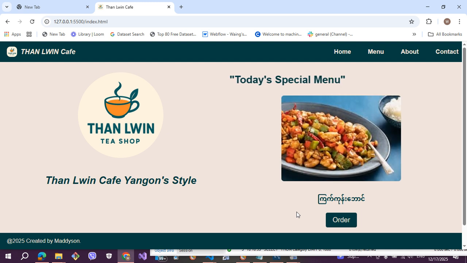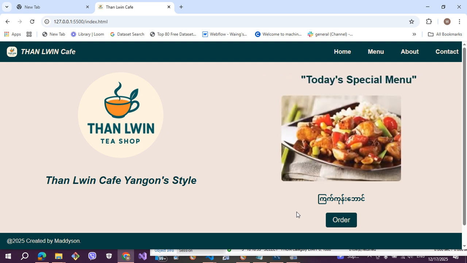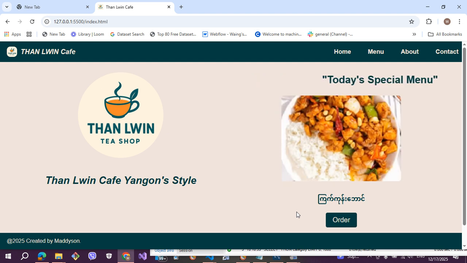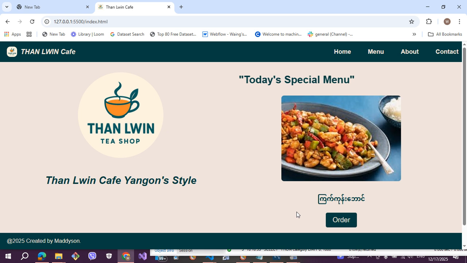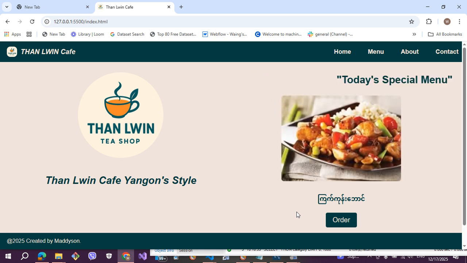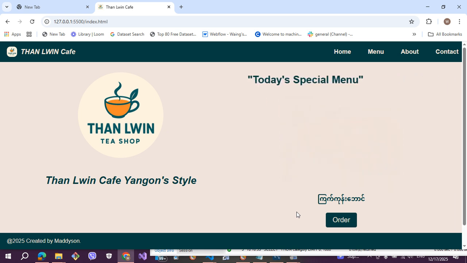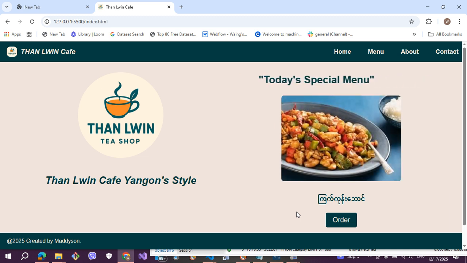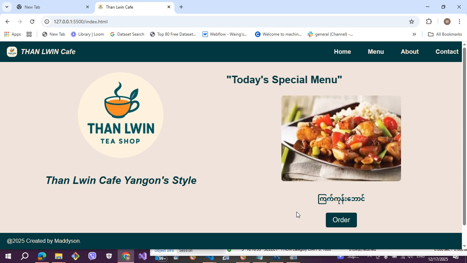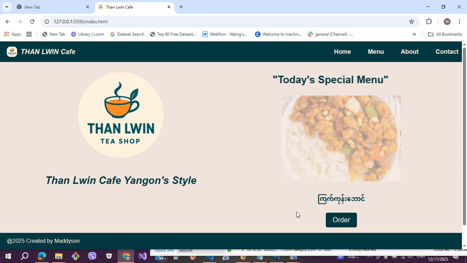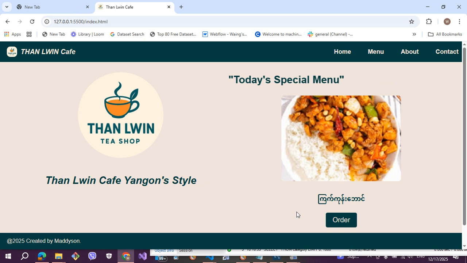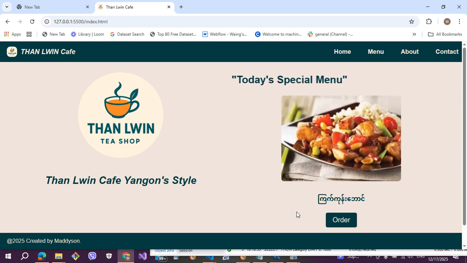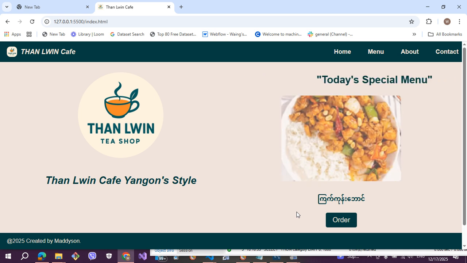The tea shop that I usually go to often displays their special menu of the day. Whether they take it seriously or not, they put it on the table. So I was inspired by this, and I put today's special menu here, informing the customer that they put too much effort into this dish of that day, so the customer can enjoy it.